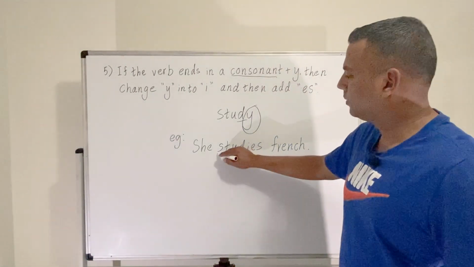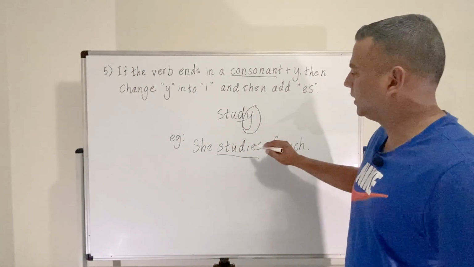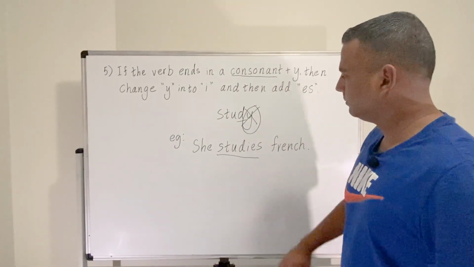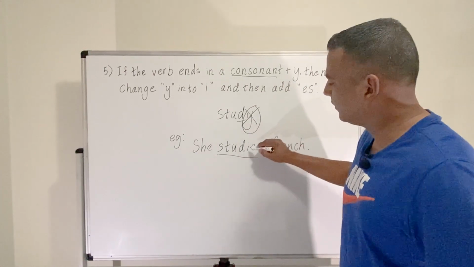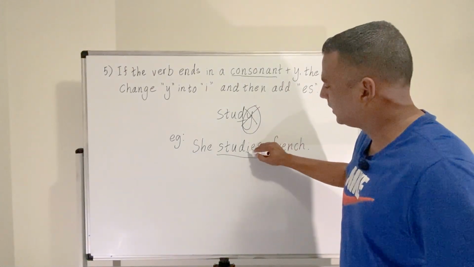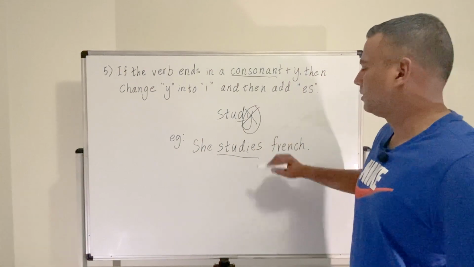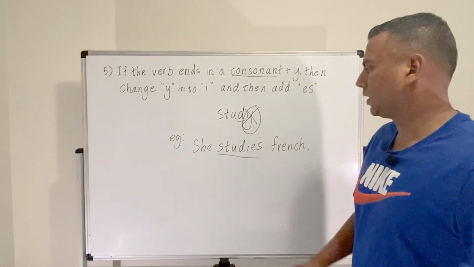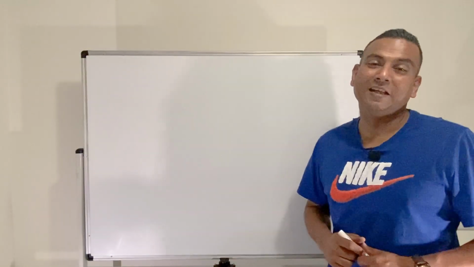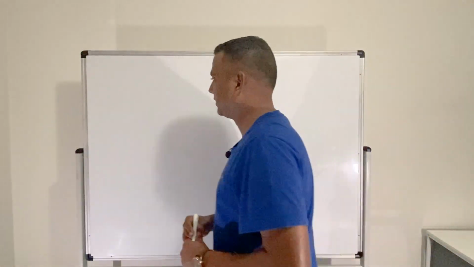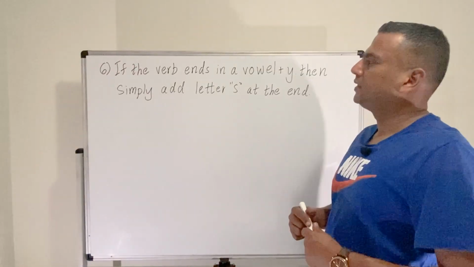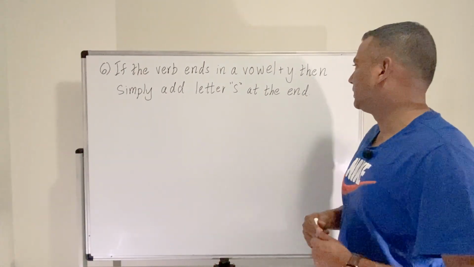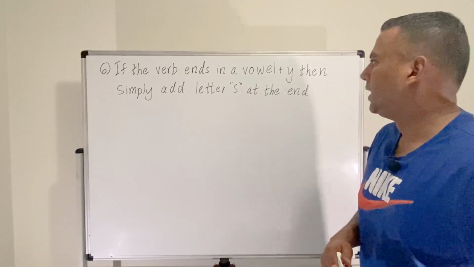So here you have the word studies. So as you can see here, I have taken Y away and then I have introduced letter I here after D, and then I have added ES. Okay, so this is very simple. Okay, let's look at the 6th instance. So what it basically says is if the verb ends in a vowel and letter Y, then simply add letter